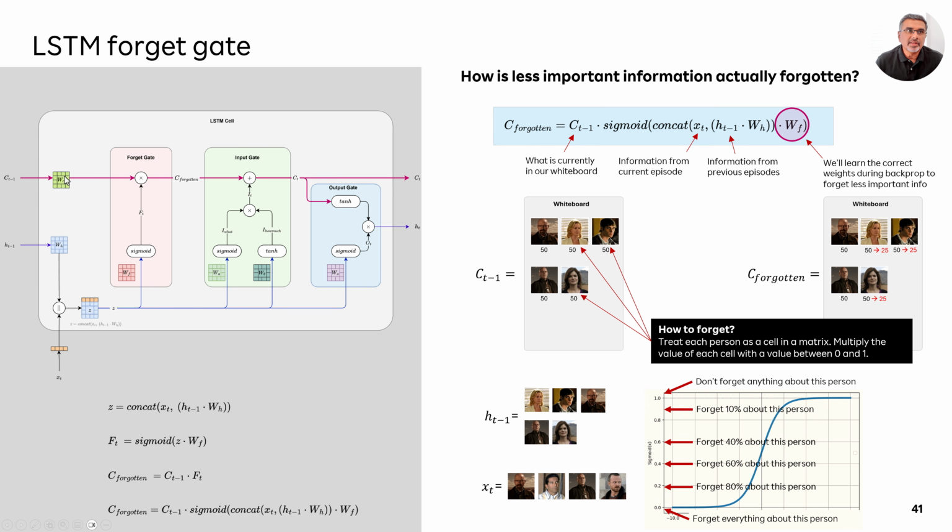So when the forget gate is done executing, it will emit an updated value of our long-term memory with scores adjusted so that less important characters' scores start to go down, and important characters' scores remain the same. We also have these two characters, Jesse Pinkman and Steve Gomez, appearing for the first time in our episode, but they don't appear in our whiteboard. So we have to add them to our whiteboard. How do we do that?